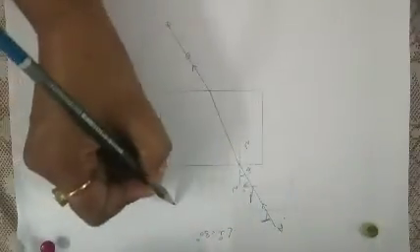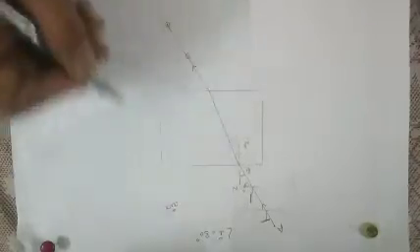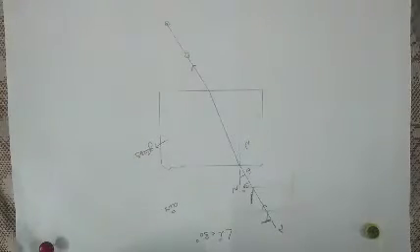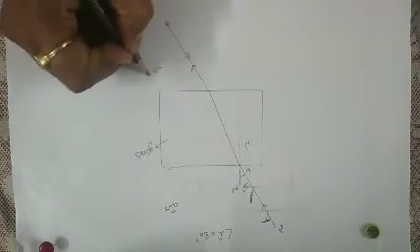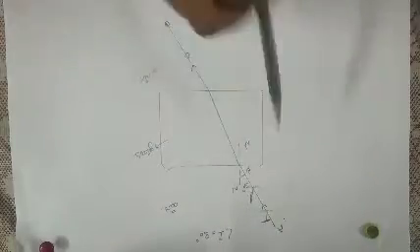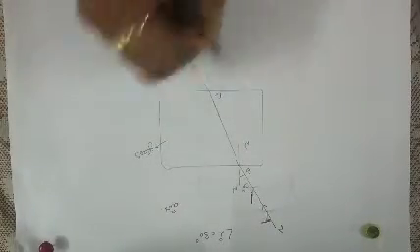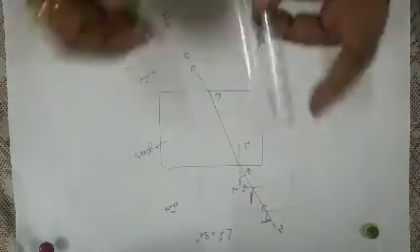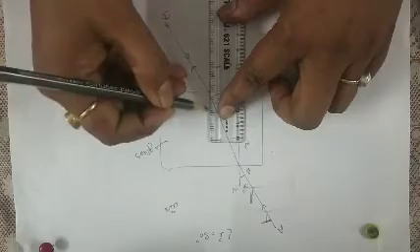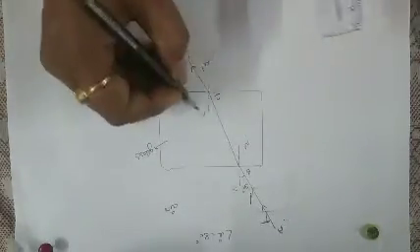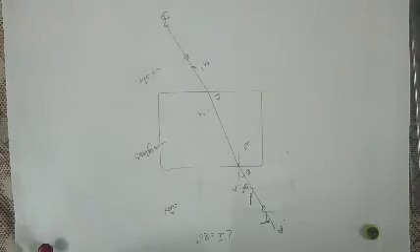This is rarer medium, that is air. This is glass, that is denser medium. Again the ray going back to the same medium, that is air. AB is an incident ray, BC is a refracted ray and CD is emergent ray. Just draw the normal at point C. Say M dash is a normal on the other face of the glass slab. Now remove the pins.